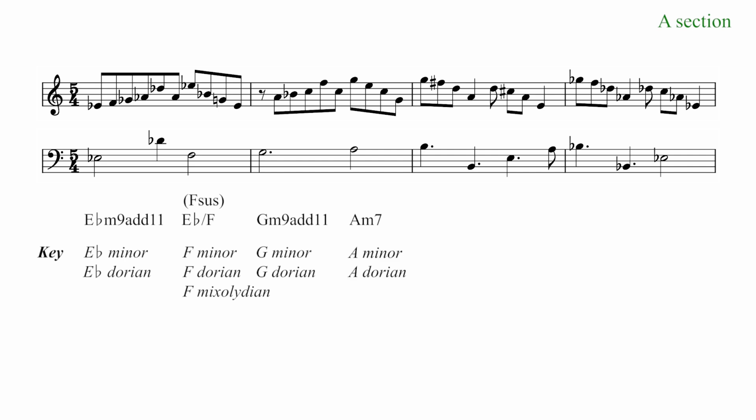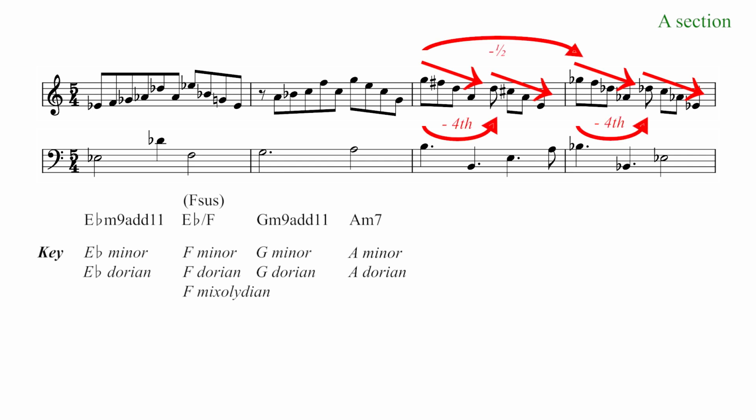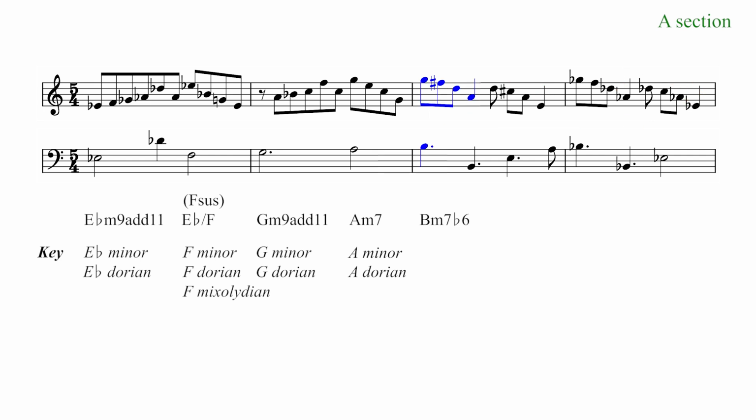From here there are 4 more arpeggios, all sharing the same shape. First they are played separated by a fourth, and then this pair is moved down by a half step. The first pair consists of a B minor 7 flat 6, followed by a slightly more ambiguous A major at 11 over E, all of which fits neatly into the key of B minor. Likewise, the second pair is B flat minor 7 flat 6 and an A flat major at 11 over E flat, which fits into the key of B flat minor.